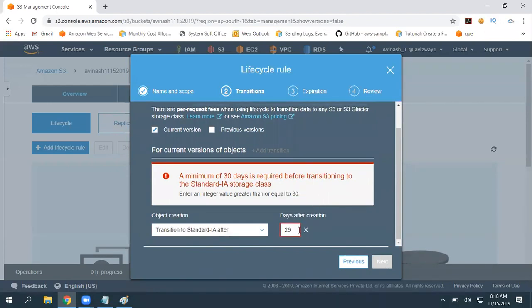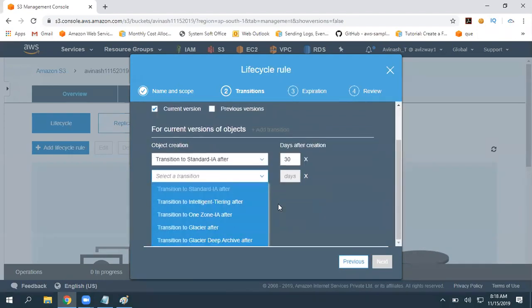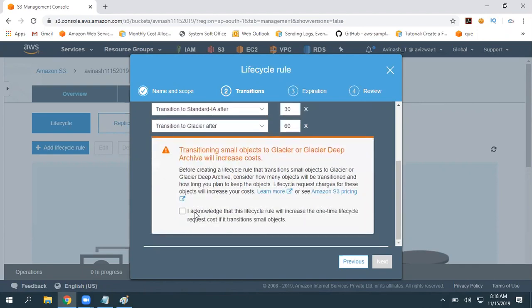It must be equal to 30 or greater. So 30. Again, from Standard Infrequent Access, where do you want to move? Add transition from Standard Infrequent Access to One Zone, Intelligent-Tiering, or Glacier. Again, Glacier requires a minimum of 60 days. This is a small object, that is okay. No issue.